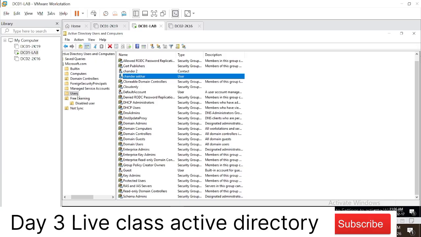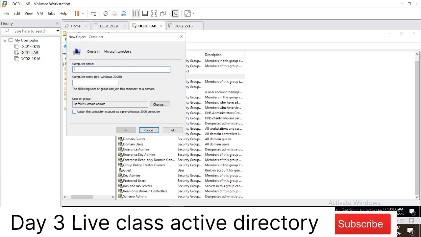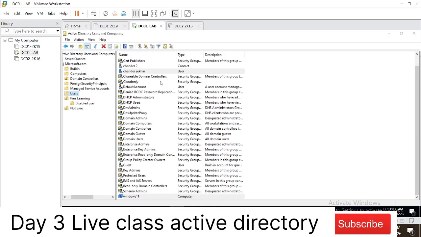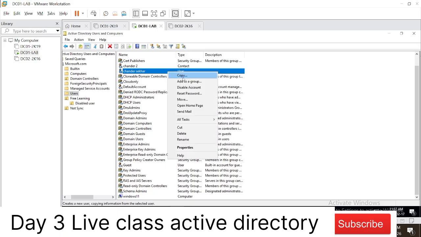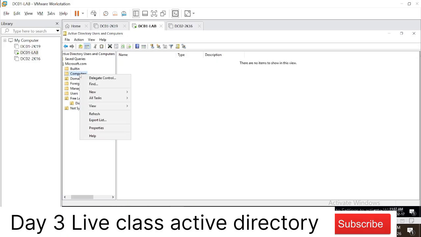If I create one computer here, computer name Windows 11, this is also showing computer. Why is it showing computer? It should not show computer. I should create the computer here.